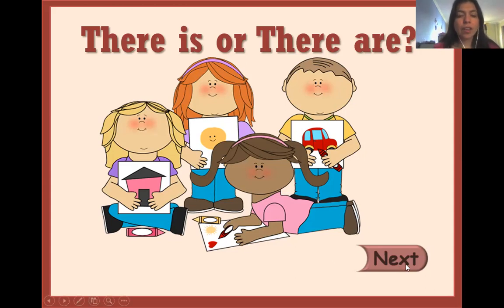For example, there is an apple. Hay una manzana, es singular, entonces tengo que utilizar there is. Pero si yo digo there are 2 apples, hay 2 manzanas. O si yo digo there is some honey, hay algo de miel. Recuerden que los no contables nosotros no podemos decir there are some honey, ¿sí? Porque no podemos contar, porque son líquidos en este caso, o la arena del mar no podemos contar, la harina tampoco, ¿sí? Porque es un polvito, entonces eso solamente vamos a medir con cantidades.